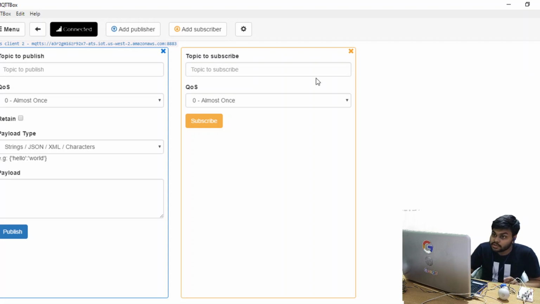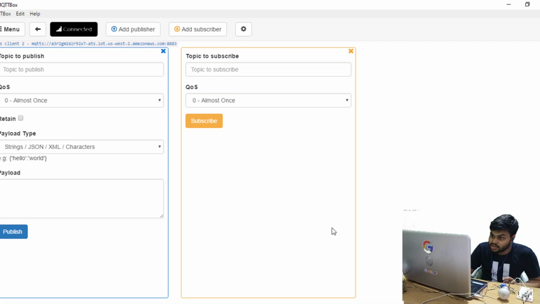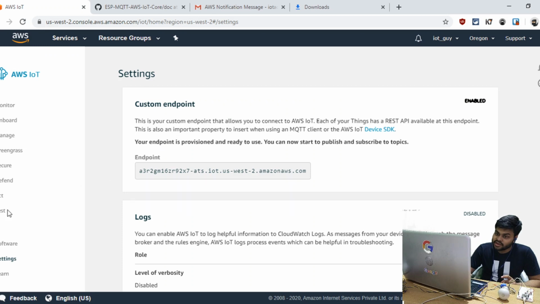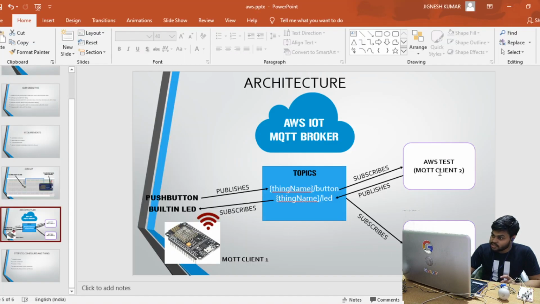So we are connected here, and this is how we connect from this MQTT client, this MQTT box, and we can send data from here to the AWS IoT. How do we know that our data will be sent? AWS IoT also provides us this test client, the MQTT test client. Let me come to this architecture. Basically we are sending data from MQTT box, or we are subscribing to some topics, and we'll send data from this test client, and we'll see if it works or not.